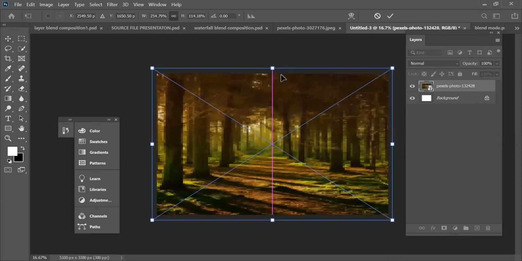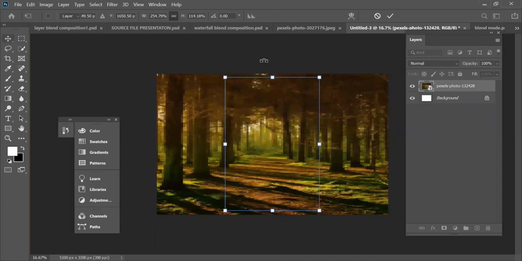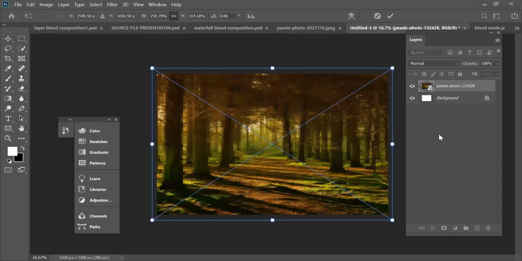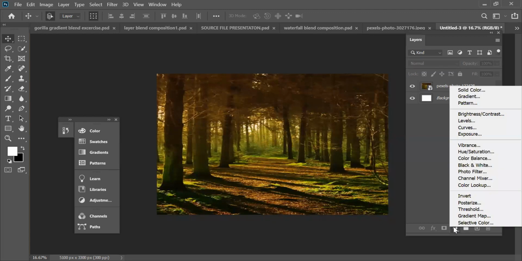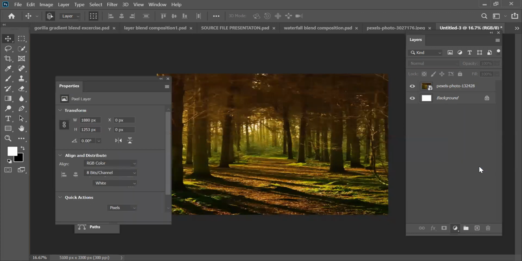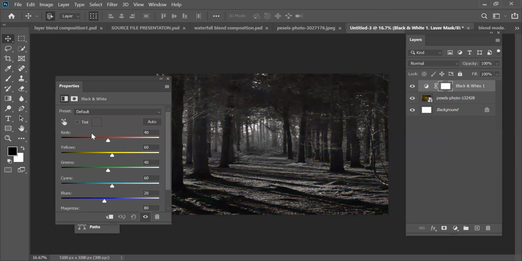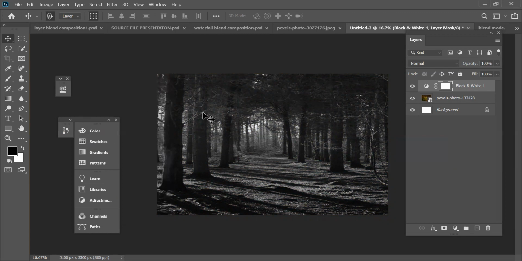And I'm going to go over to the black and white option, and I can desaturate this photograph this way. And that's it.